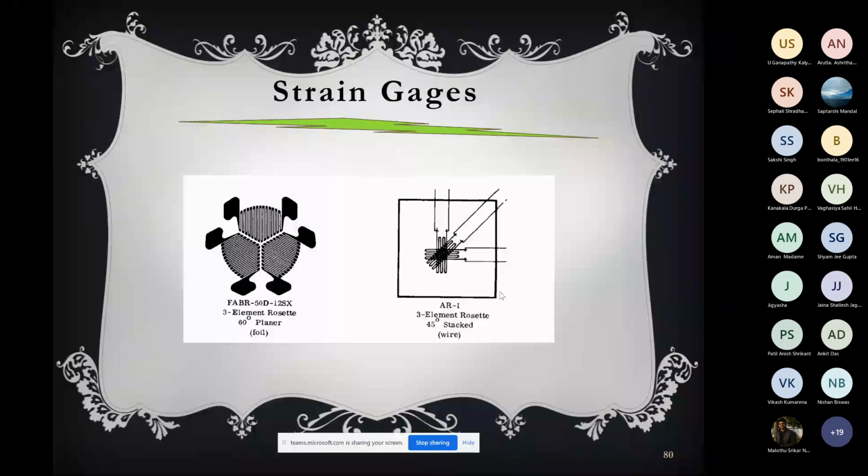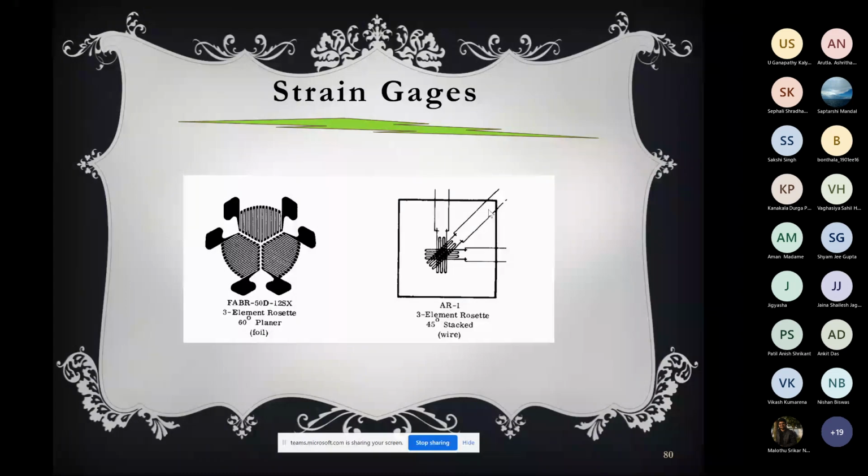You could do a similar thing when you are going with the volume. Now suppose you want to measure the strain in the x and y directions, not the trans direction strain. Then you can paste just the two strain gauges in x and y, and you don't paste the oblique strain gauge. Then you have two outputs from the Wheatstone bridge, and from these two outputs you can easily determine the strain in the x direction and y direction.